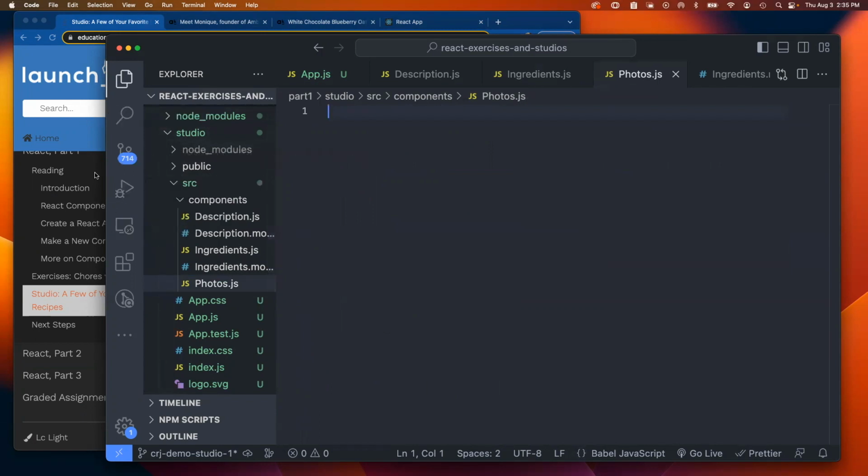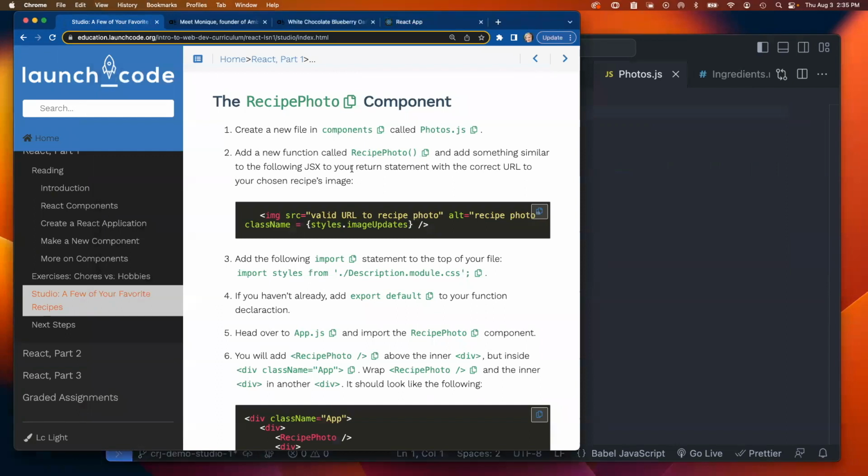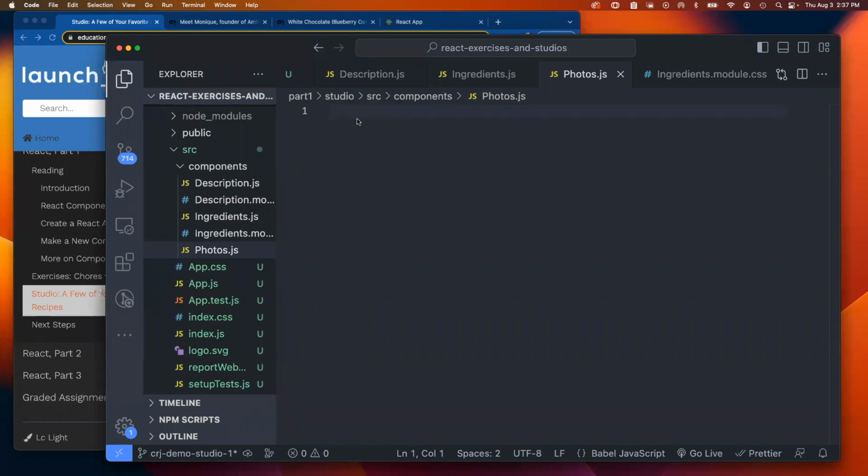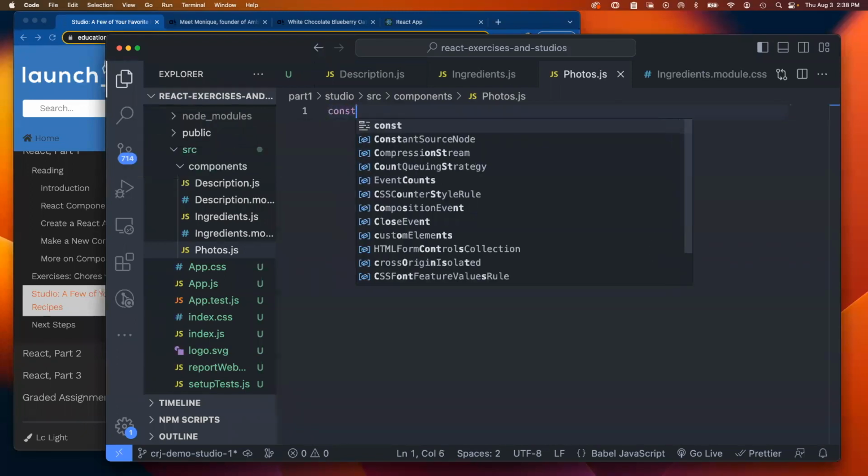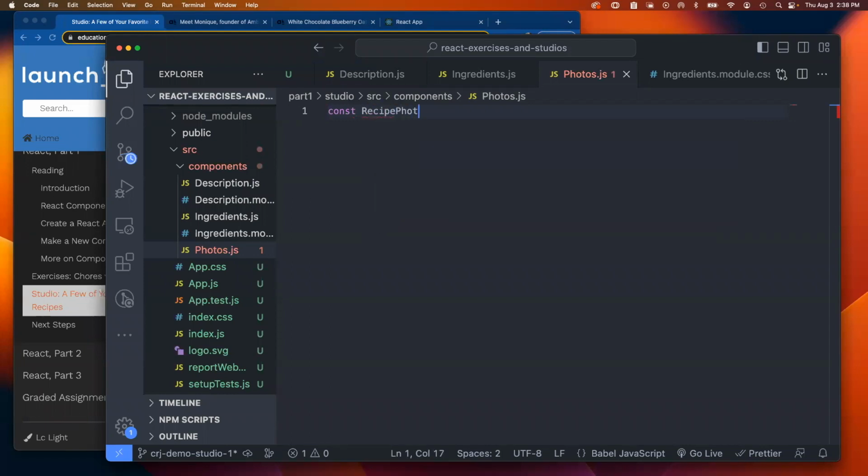And we will have, let me back over here. Yeah, a new function called recipe photo, which is going to be another component that's going to return JSX here. So let me just do this. All right, and then we'll just make sure we get the right information in there. Okay, so we can say const recipe photo equals, and we're not using props yet, so we're just going to have no arguments,